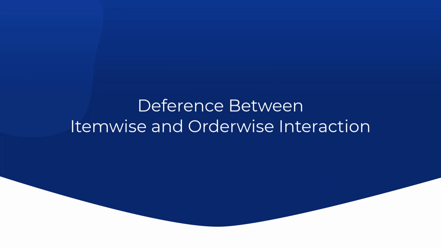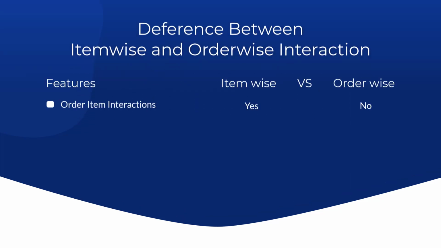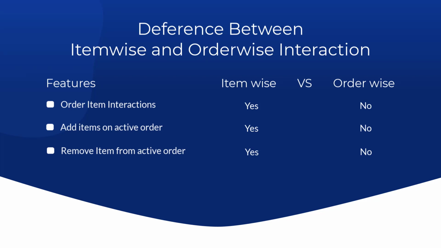Before going to the main video, we need to understand the difference between item-wise interaction and order-wise interaction. Item interaction supports item-wise interactions that need more interactions, whereas order interaction supports order-wise interactions that need fewer interactions. Item-wise interaction permits the addition of items to an active order, a capability absent in order-wise interaction. The removal of items from an active order is supported in item-wise interaction, but not in order-wise interaction. Sending a single item cancel request from an order is allowed in item-wise interaction, but is not permitted in order-wise